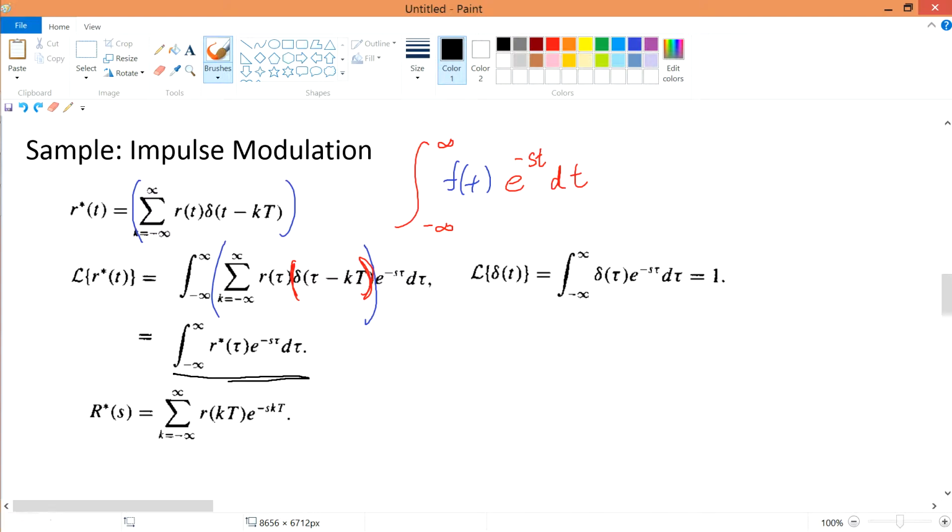But once you integrate this thing over here, where you know that r star tau is this chunk, hopefully this one, because this is still 1. But anyway, once you Laplace transform, take note that there's one tau over here and there's another tau over here, that's why it's like a product rule. So for the product rule, you need integration by parts, right? I hope you get what I mean. And therefore, if you do integration by parts, you eventually get something like this, where instead of tau you switch it to kt for some reason. I'll not go into details on how to switch here and there, but at least you get a feel